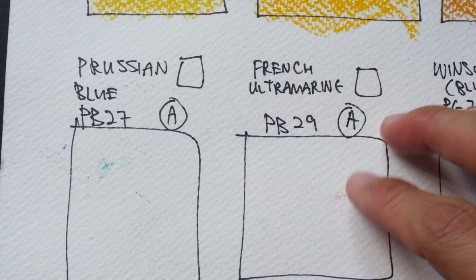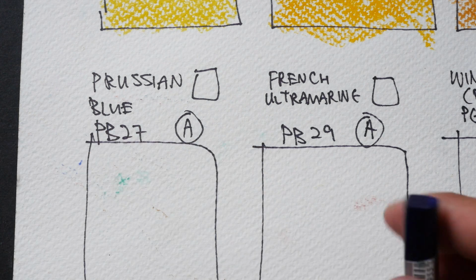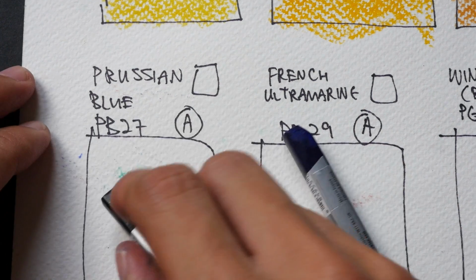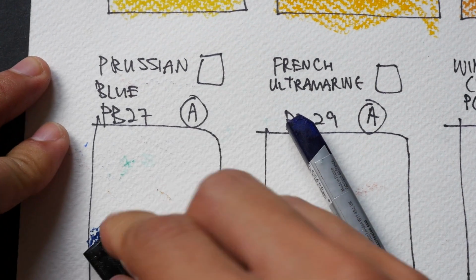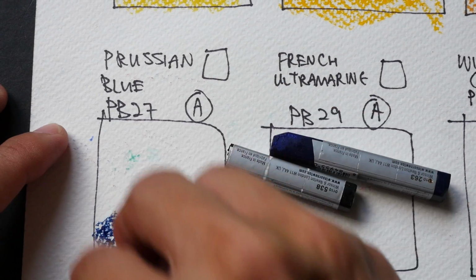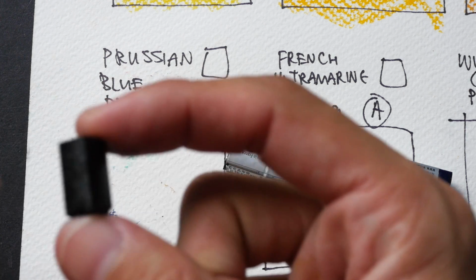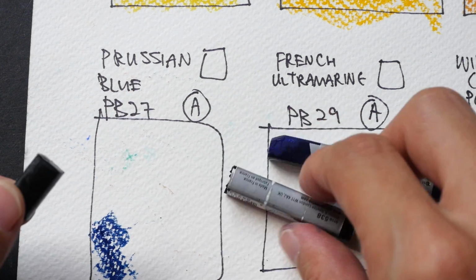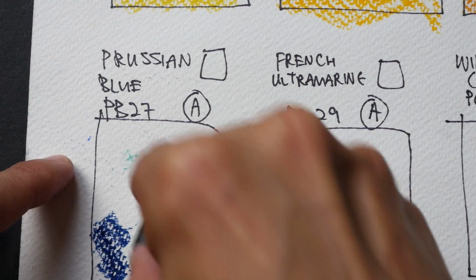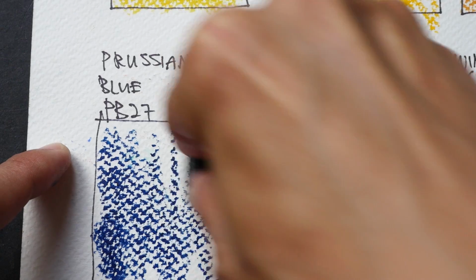Next color is Prussian Blue, also a single pigment color. This is ultramarine. Let me try and find Prussian Blue. Alright, this is Prussian Blue. Oops, I actually pressed too hard and it broke off. Since it has broken off, I can also demonstrate another technique. You can actually break off the stick and use the wider edge here to color it so that you can fill up the space much faster,